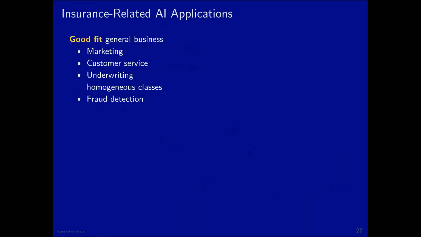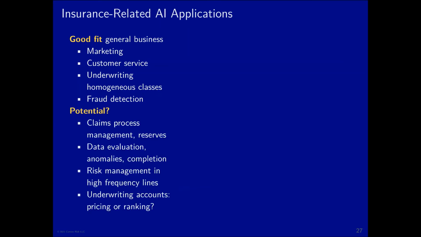What applications can we have to this for insurance? There's a number of general business fit things, which I won't discuss because they're not especially insurance specific, although I would pull out fraud detection as an area where, from a pattern matching perspective, there's been a lot of success. There's potential in underwriting, higher frequency lines where you get a lot of data and people could fall into broad classifications, possibly underwriting accounts based on broad publicly available information.